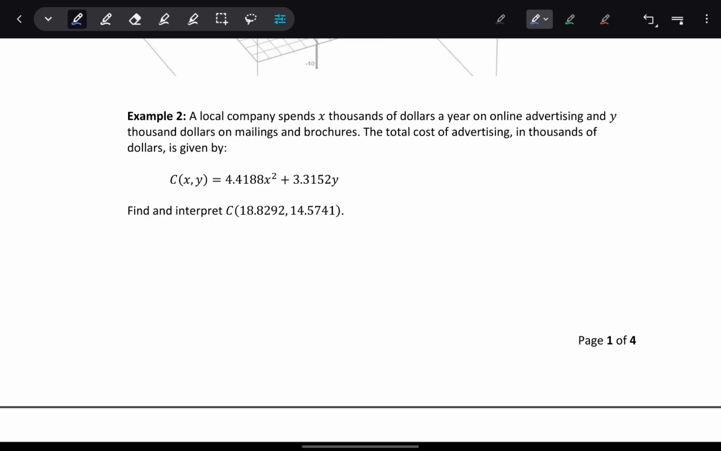That notion of paying close attention to our variables is also going to be important when we get into applications with multivariable functions. So in example 2, we have a local company that spends X thousands of dollars a year on online advertising, Y $1,000 on mailings and brochures. Total cost of advertising in thousands of dollars is given by this multivariable function. So we have an independent variable X and an independent variable Y. We could evaluate that function for these given values of X and Y, and the result that we would get would be